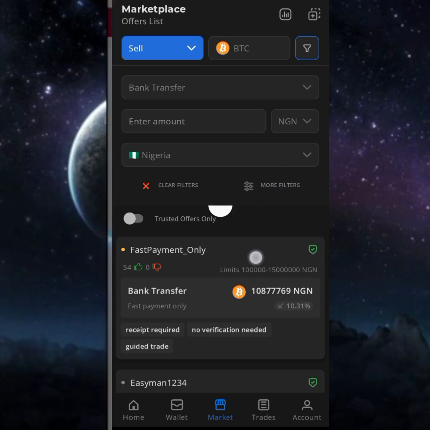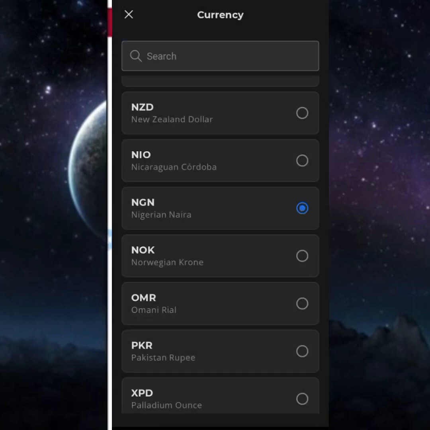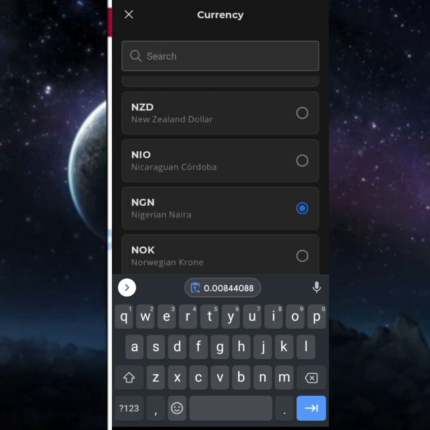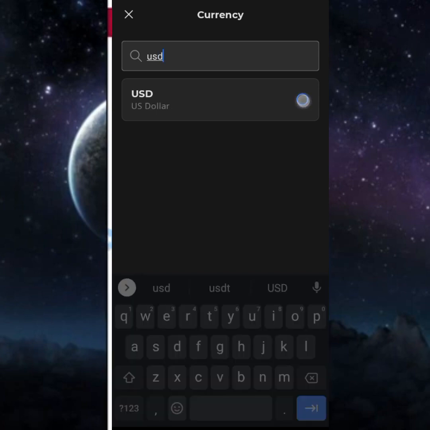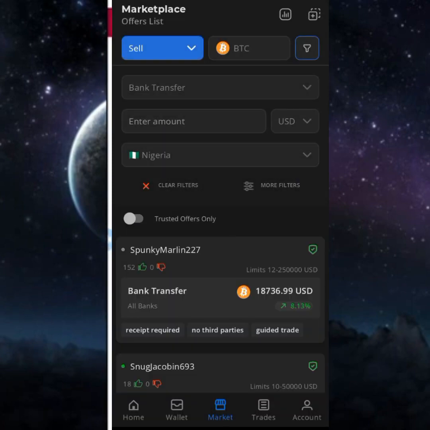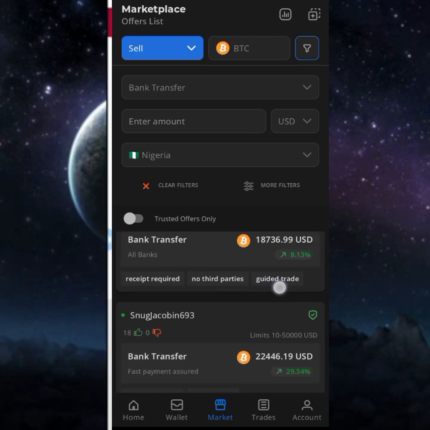So what we're going to do here is change this place again to USD. Now once you've clicked that, you're going to come here again and change it to worldwide. You can equally leave it as Nigeria or worldwide. You can leave it if you want Nigerians to trade with Nigerians, or you can equally change it to worldwide.